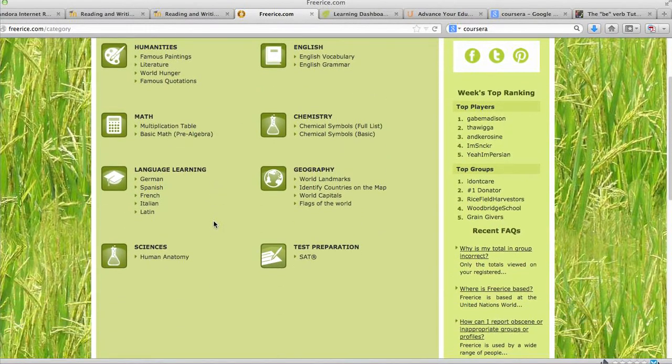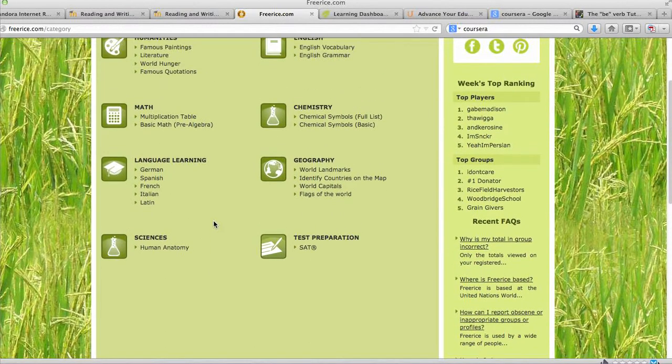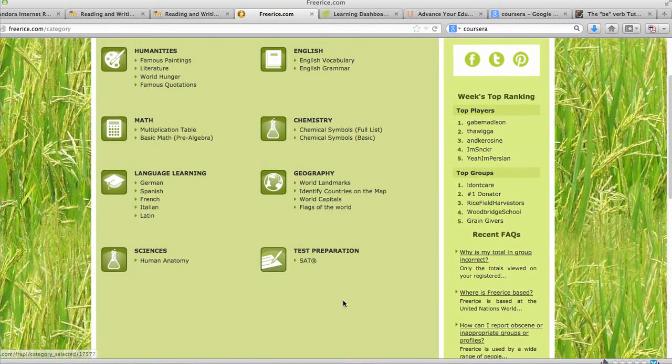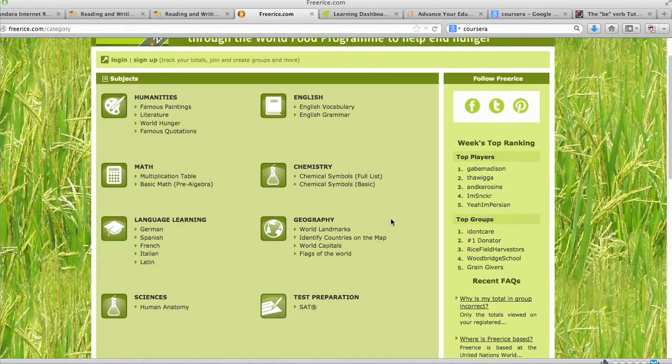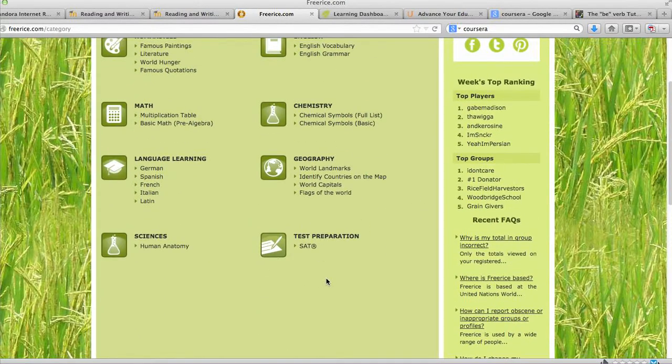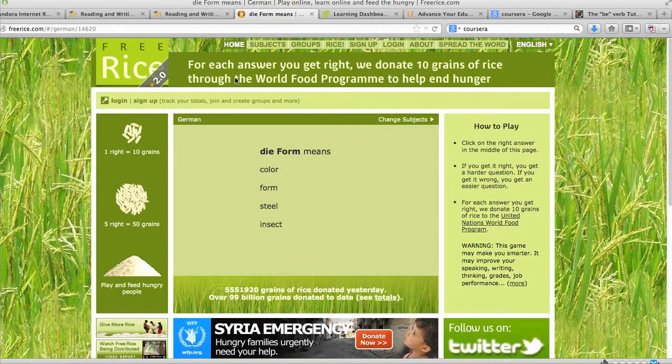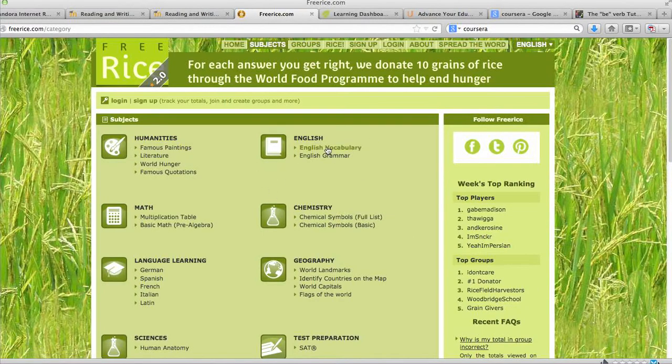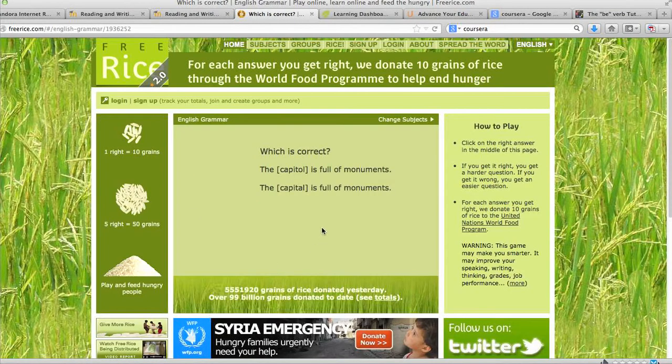from art history to chemistry, language. Of course, SAT test prep, which I have not even looked at. With 3 kids taking SATs in the next 2 years in my house, we'll probably be looking at that. I know my daughter was taking a German course last year, and she used the German component of this. There is a grammar component as well. And sometimes this can be incredibly helpful for those students who maybe don't need so much the extra help. They need the next place to go, the place where they can gain the next skill.